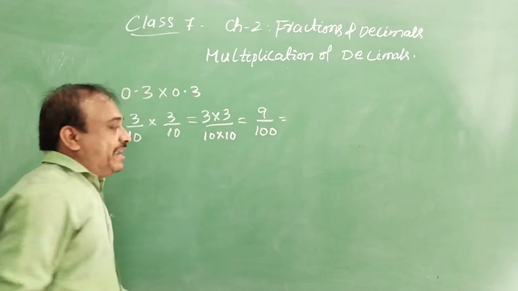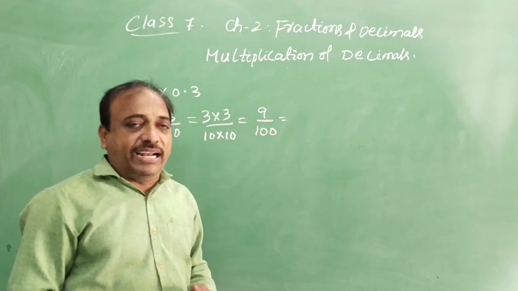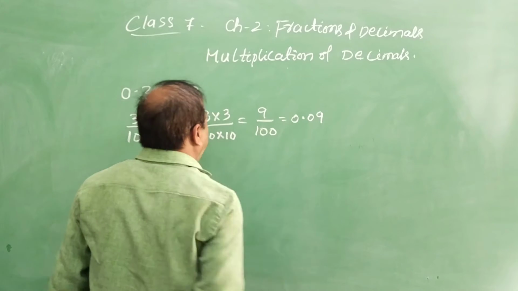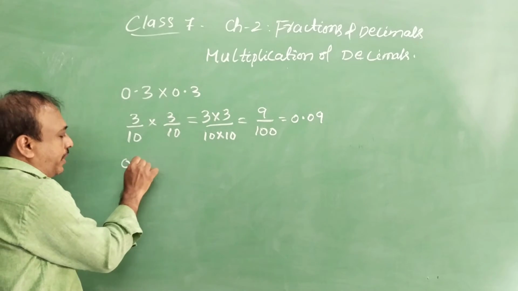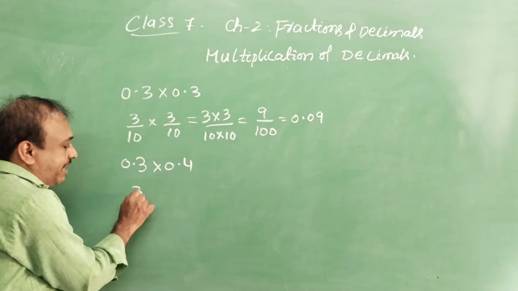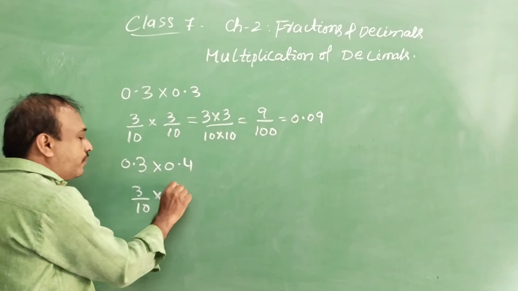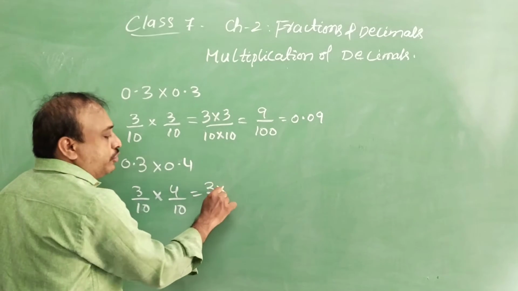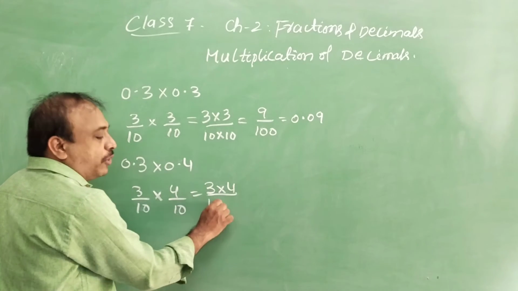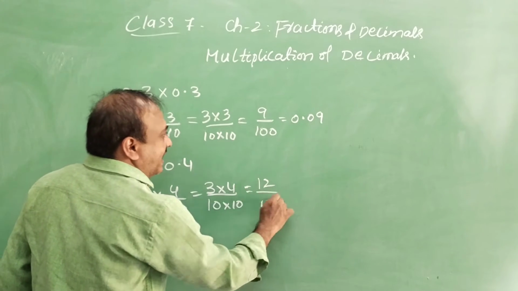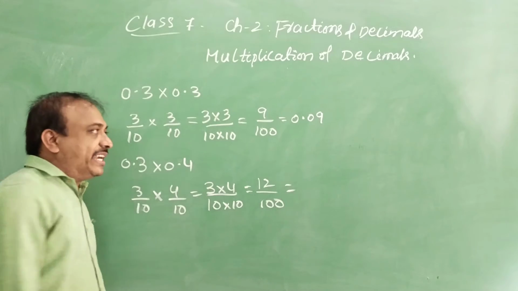Now 9 by 100, convert into the decimal form: 0.09. One more example is 0.3 into 0.4. In a similar way, 3 by 10 into 4 by 10. Both numerators we multiply, both denominators we multiply. 3 4s are 12 by 10 10s are 100. That you convert into the decimal form